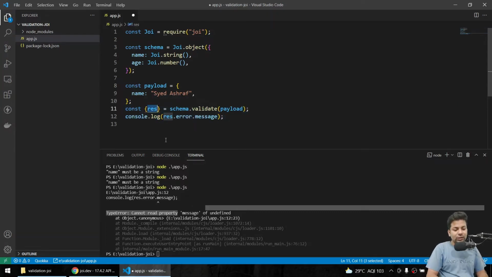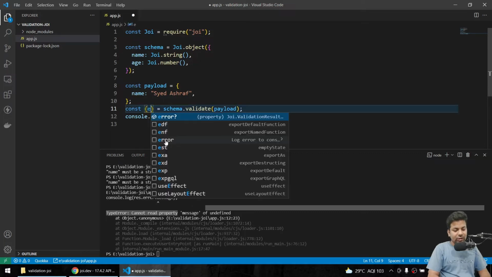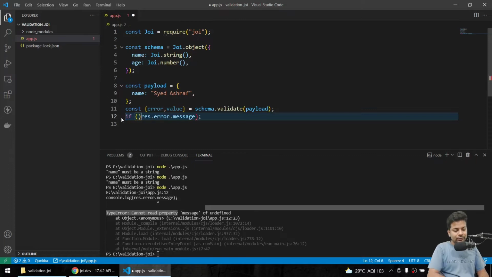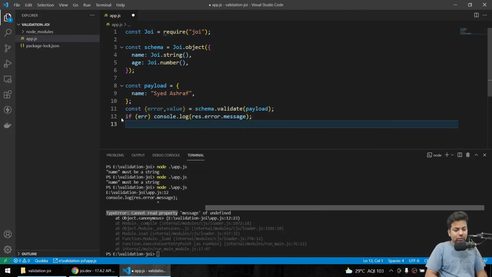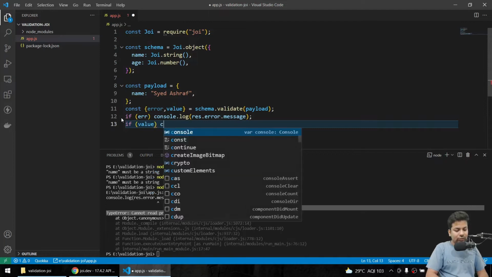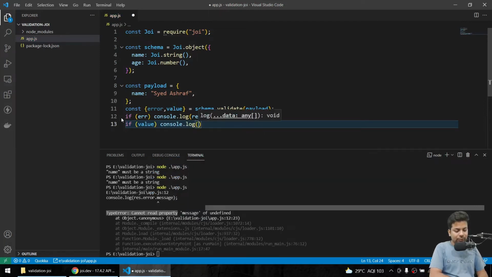It gives two things, one is error, one is value. Okay, I'll say if error, print the error, console dot log, else if result, if value, console dot log, print the value, the correct data.